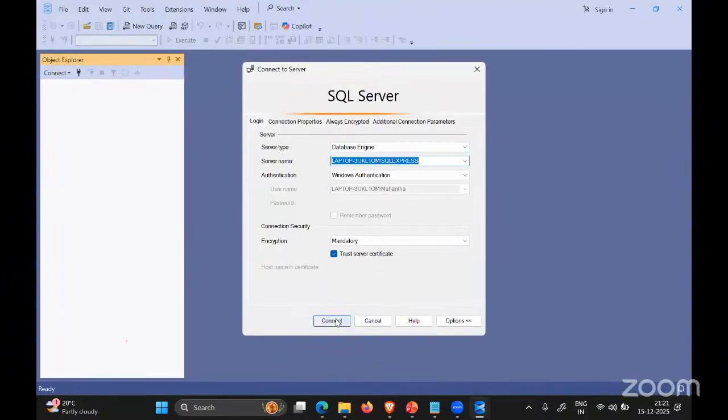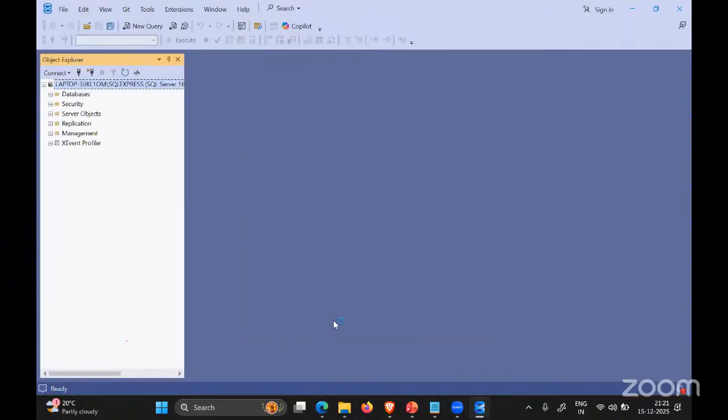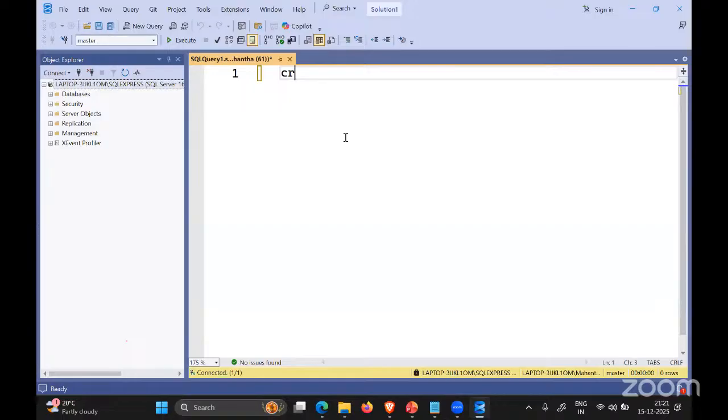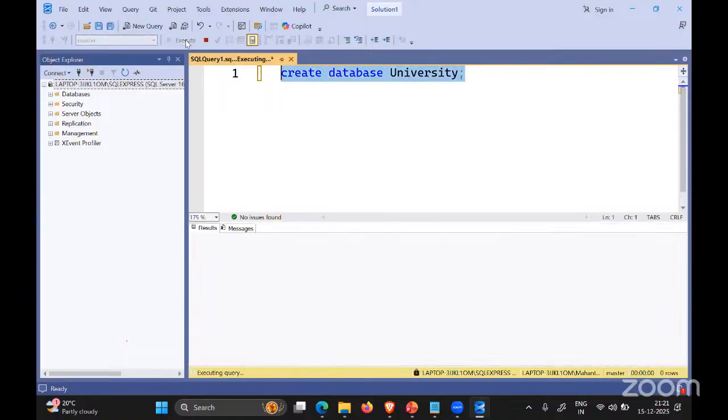I'm going to connect to the SQL Server through Windows authentication. Then I'll say new query. I'll say create database university. If you already created it, you can use the same thing. I'm going to create it.